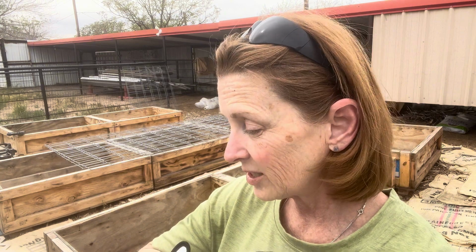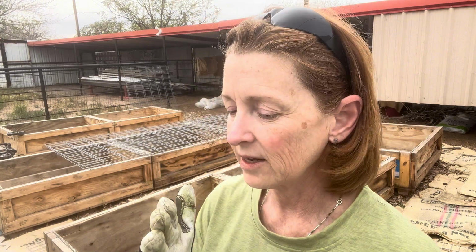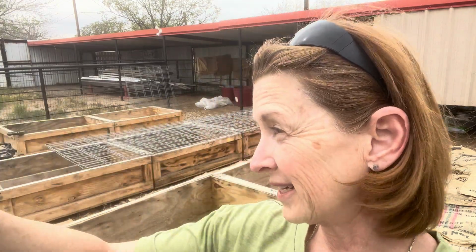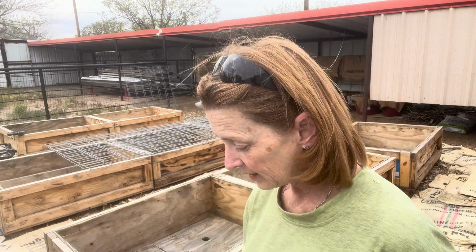Then we're gonna put down well-aged cow manure, water that in really good twice, and then mid-April, she said, we can plant the Bermuda. So in the meantime, I can start planting my other 2 fruit tree guilds, but I want to start planting these at least, and I want to get my mom's. My mom has 2 of these. I want to get her started. So got a lot to do,